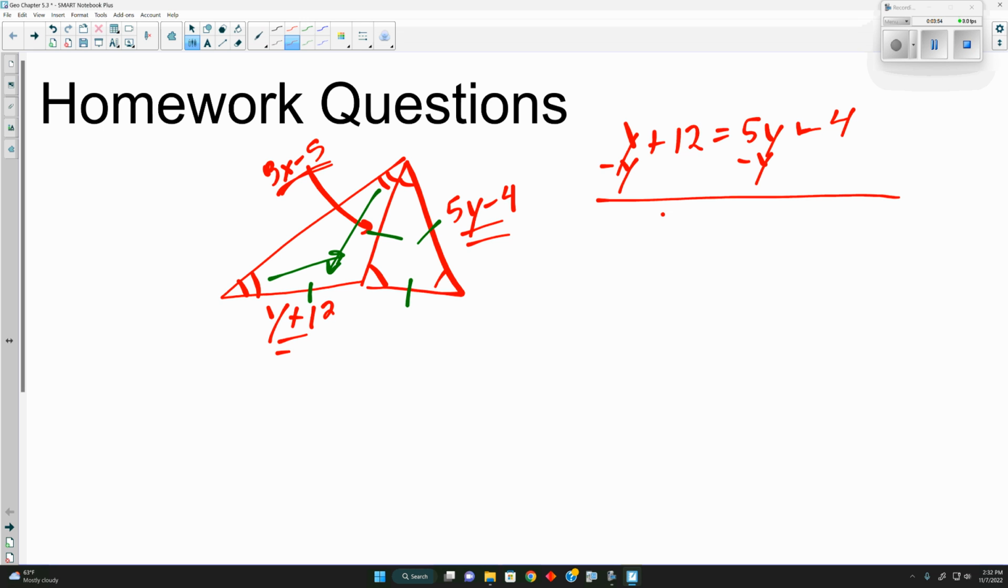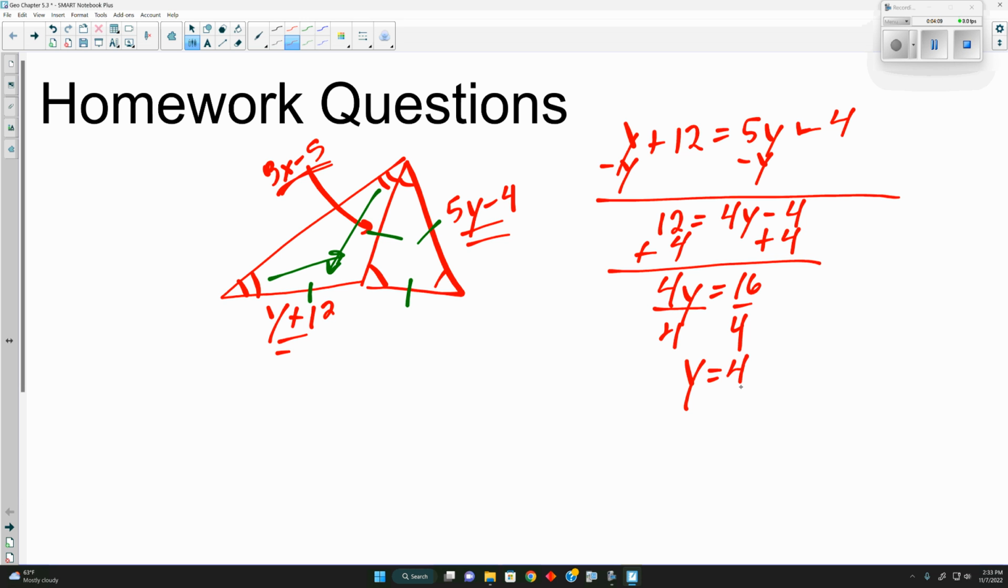First thing we can do is subtract y from both sides, telling us 12 is equal to 4y minus 4. Add 4 to both sides, telling us 4y is equal to 16. Divide both sides by 4, telling us y is equal to 4. Now we can plug it back in here, which is 4 plus 12, which is